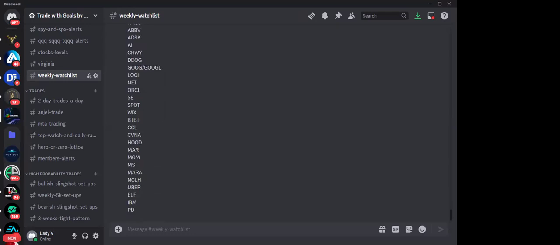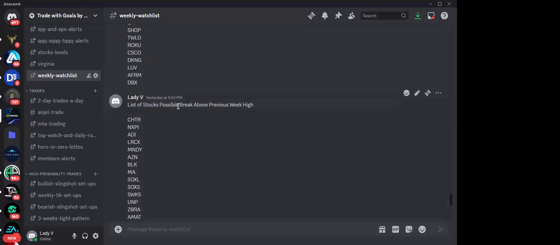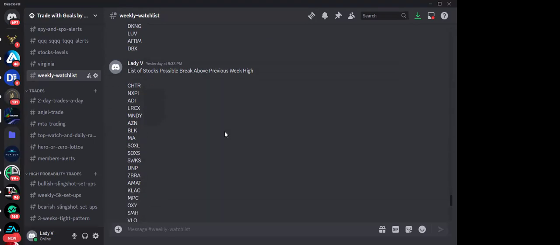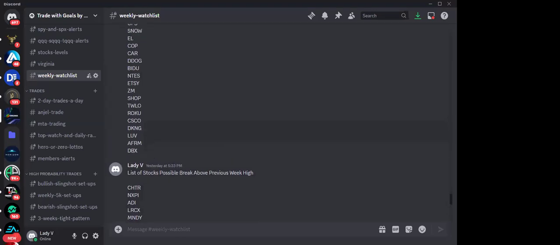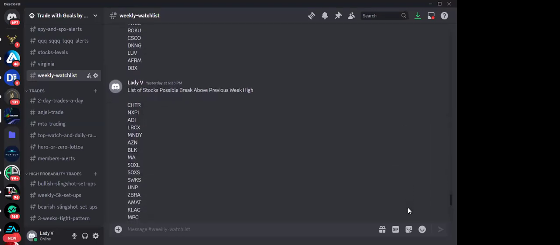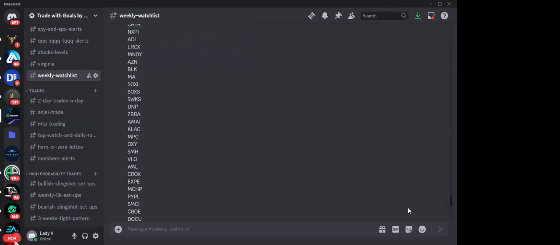Where did I put it? So this is the list of stocks with a possible break above the previous week high. If they are not breaking above the previous week high, you're getting puts, because they either create a double top or a lower high. So we have our semiconductor stock CHTR. We have NXPI, RD, LRCX, Mindy is there, AZN, MA, the ETFs for semiconductor stocks, AMAT, KLAC,